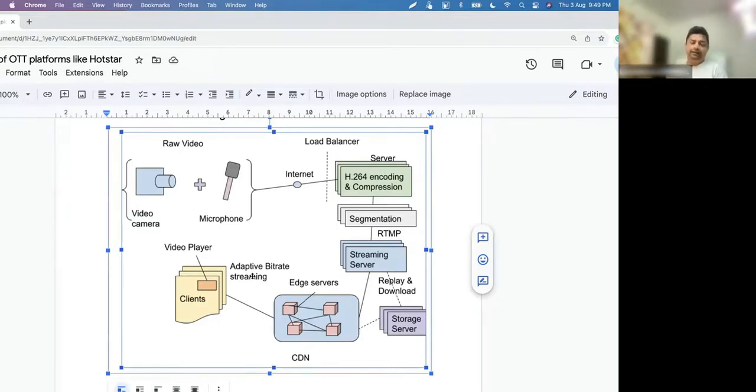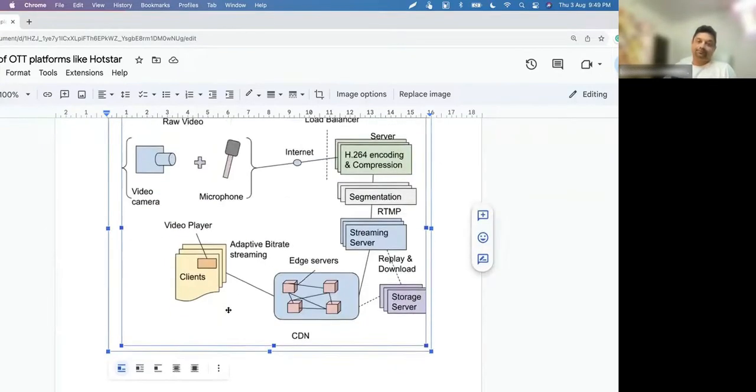And accordingly, the appropriate resolution will be shared with the user, right? There will be an algorithm applied in the mobile client, which will ensure that appropriate files are requested from the edge servers to be served to the users.